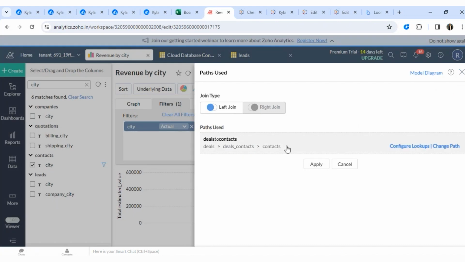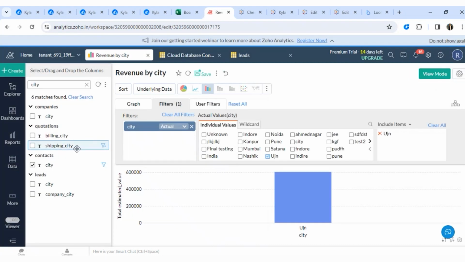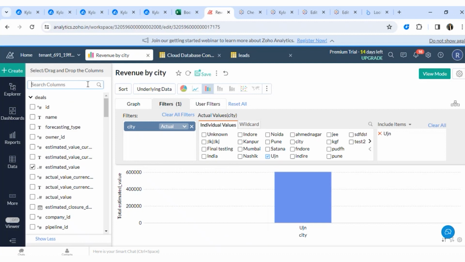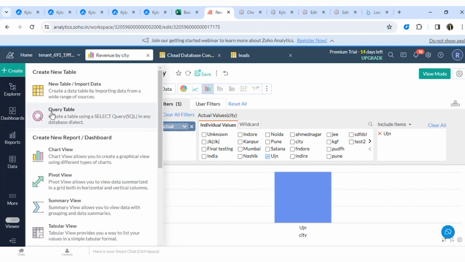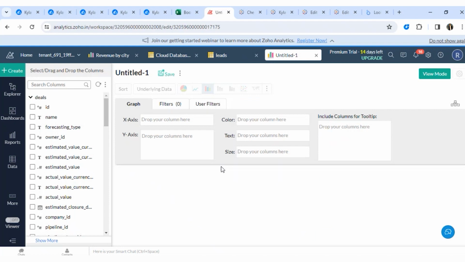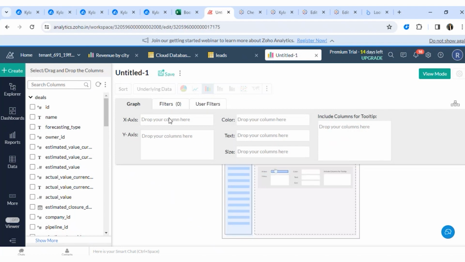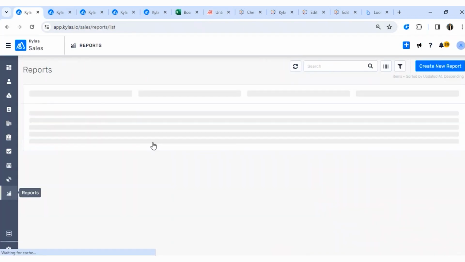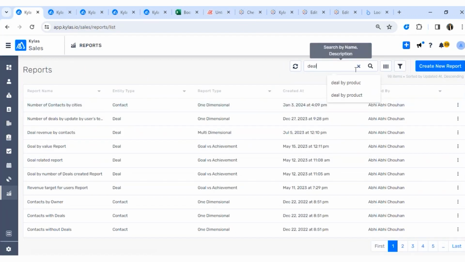Now, why is this important? I'll tell you one example. This is a cross-entity report that is very clear to us. Let us look at another report, let's say number of deals by owner. That report, anyways, is available in Kailas directly, right? Deal by owner, if I want to see,